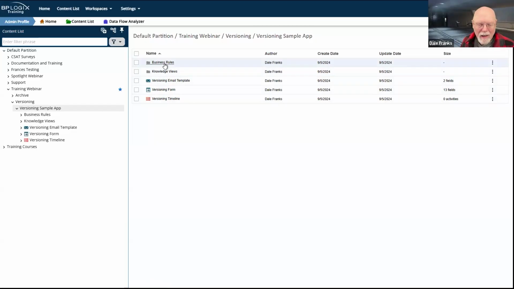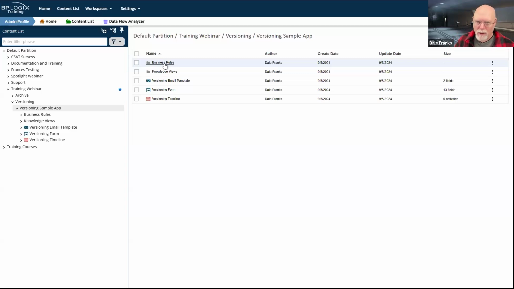Business rules get a little tricky, as do business values and other global objects, for example, goals. Those get tricky because business rules can be local or global, but most of these things are global objects, which is to say they can be used by any application.